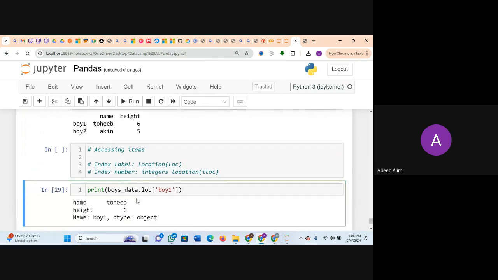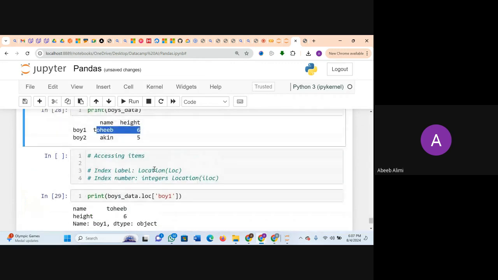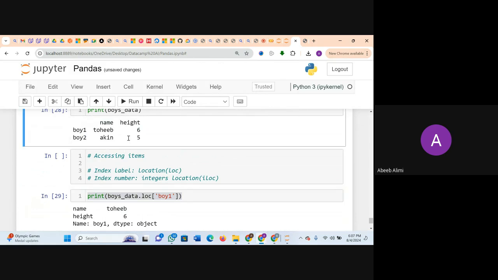What do you notice? What comes out is the name Toib and height 6. So what have we used to locate our first row? We have used location, which means the index label. Is this clear?